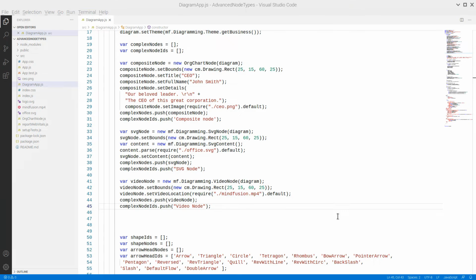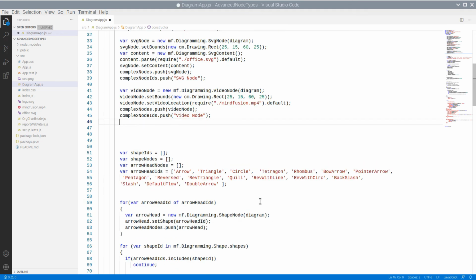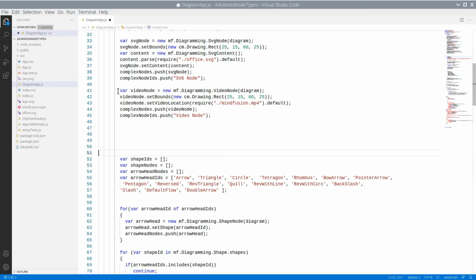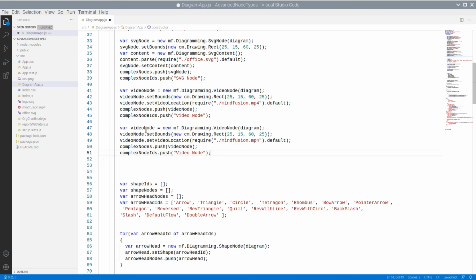We will add now a table node. It is created in the same way as a video node with the difference that we set no video location. Instead, we set a brush that will provide the color of the table node.